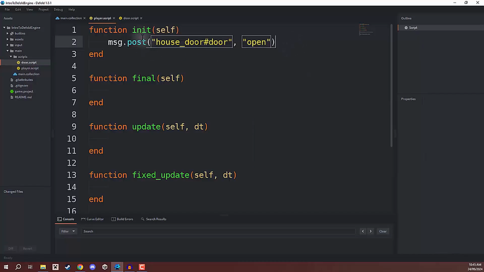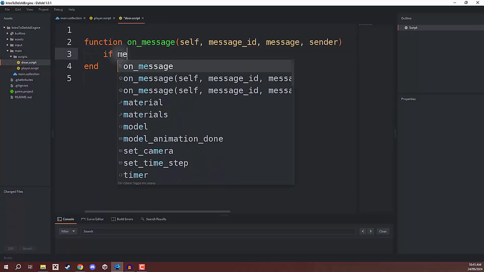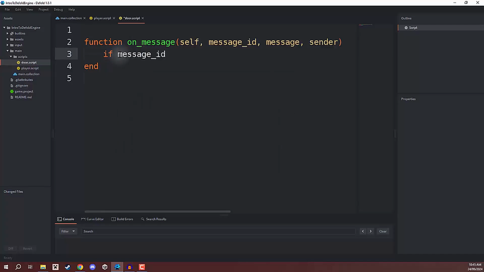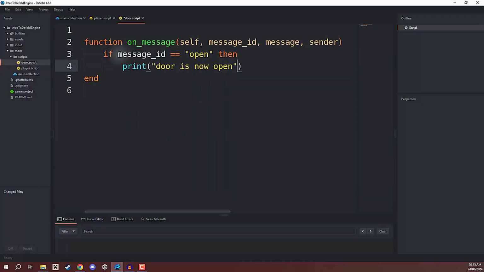And then we can save that. In our door script, we want to go to the onMessage function, which gets called whenever it receives a message. And here we are going to go if message ID, which is the name of the message, equals, and then we write out the message name, which was open. Then what we're going to do is print door is now open,